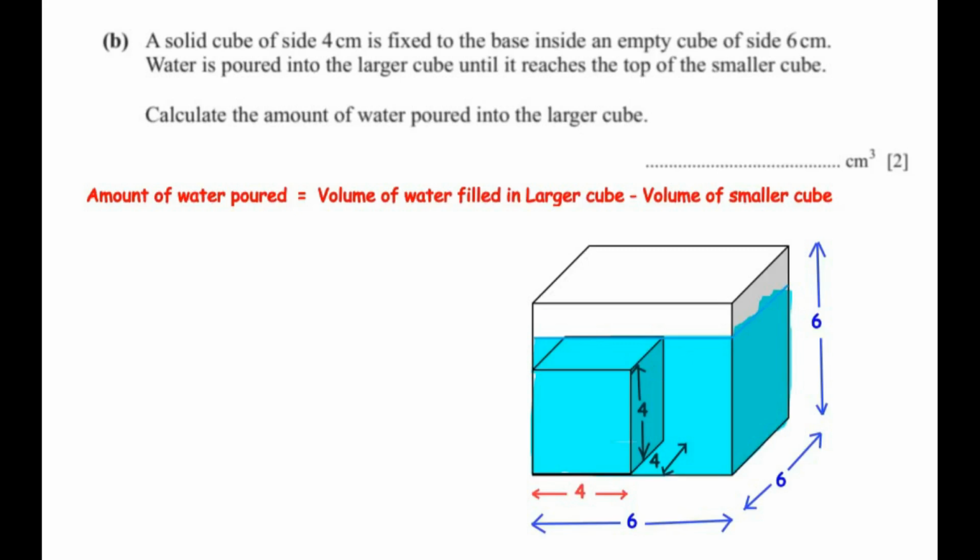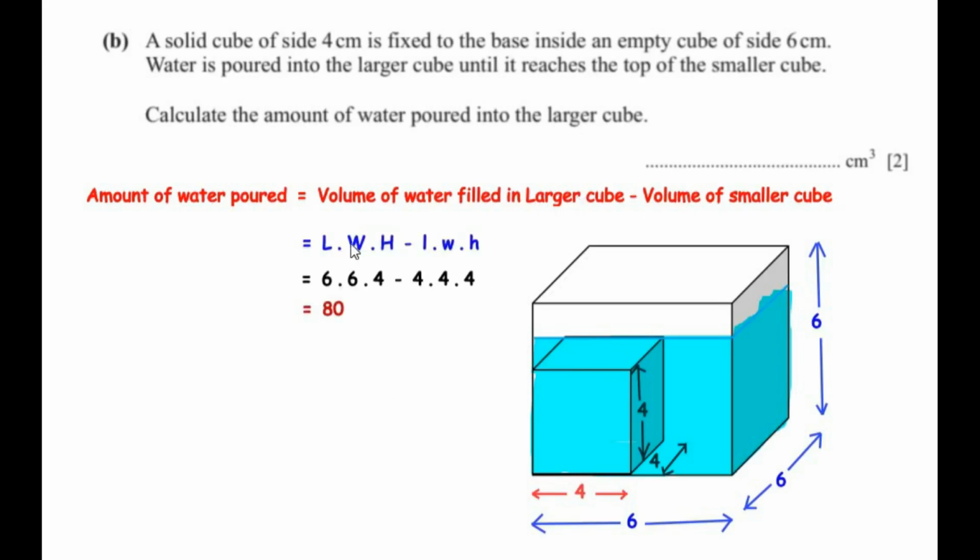So the amount of water poured is going to be equal to volume of water filled in the larger cube minus the volume of the smaller cube. Now we are subtracting volume of the smaller cube because this is a solid cube, so it has occupied the space. So water cannot occupy the space that is being occupied by the smaller cube. So we are going to subtract it and we have the formula for volume of the cube as